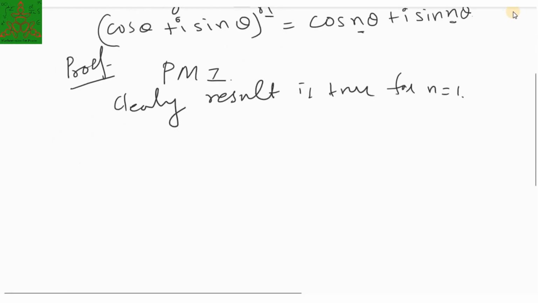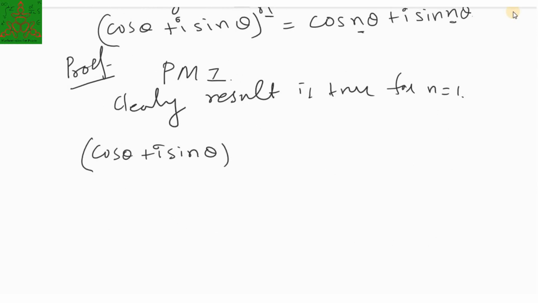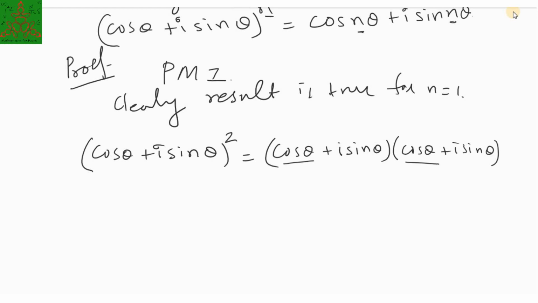Now let us prove the result is true for n equal to 2. We start with (cos theta plus i sin theta) squared. That I can write as (cos theta plus i sin theta) into (cos theta plus i sin theta). Now if you multiply these two brackets, cos theta times cos theta is cos square theta, and i sin theta times i sin theta is i square sin square theta. So i square becomes minus 1, and that's why it is minus sin square theta,